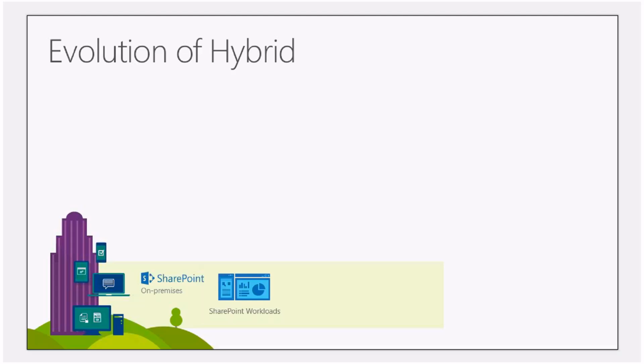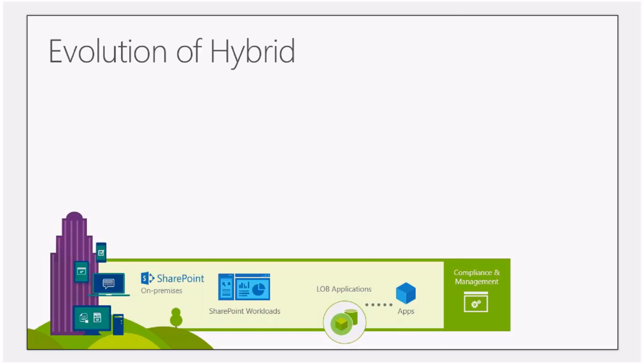In many cases, it's composed of not only the workloads that it provides, be it business intelligence, enterprise content management, enterprise search, enterprise social computing, perhaps web content management, but effectively it's defined by the sum of a number of different parts, the workloads being one of those. Applications are the other one. Those applications can be just pure SharePoint extensibility or the ability for SharePoint on premises to interop with a number of different platforms, as well as the compliance and management facilities that SharePoint on premises provides. So again, on premises is really the sum of all of its parts, and that's where the customers find value